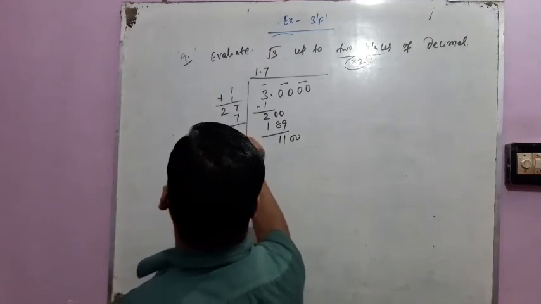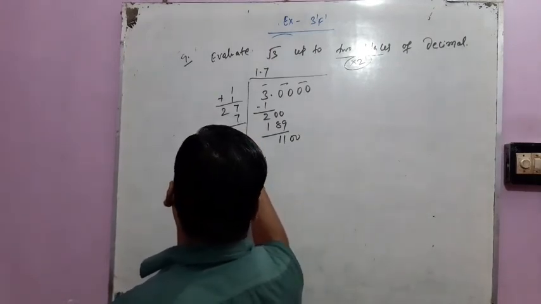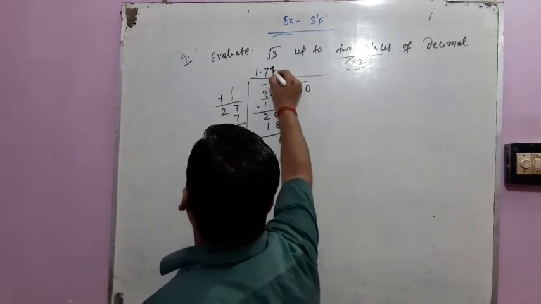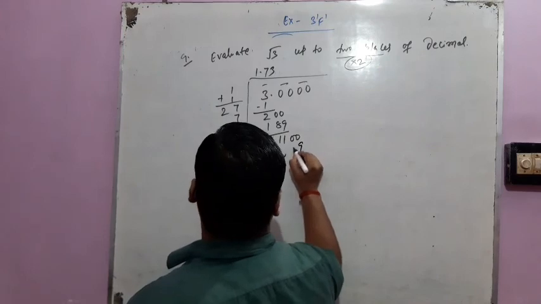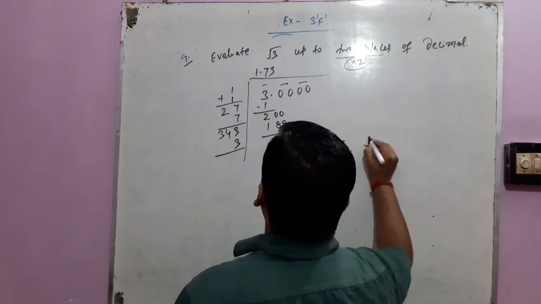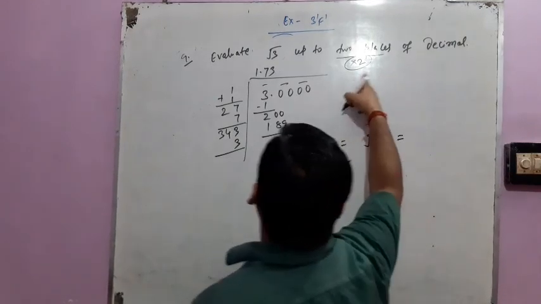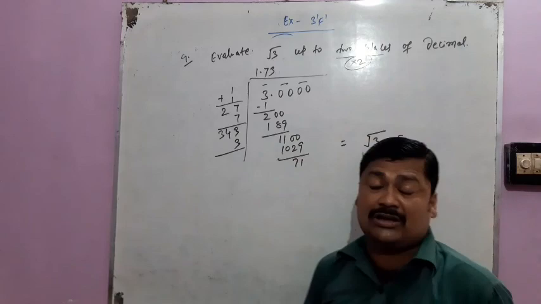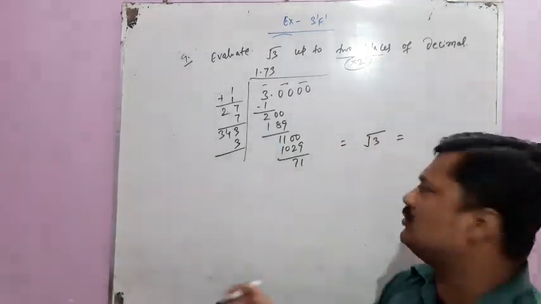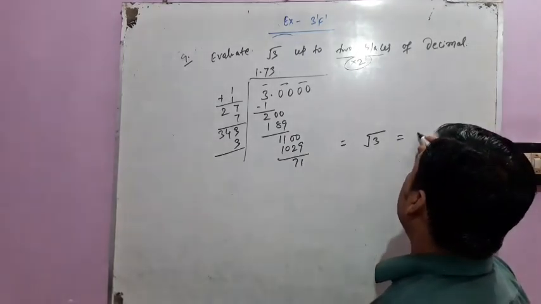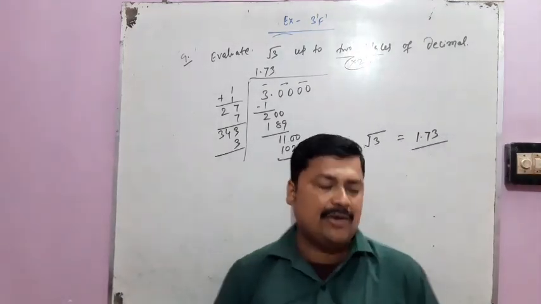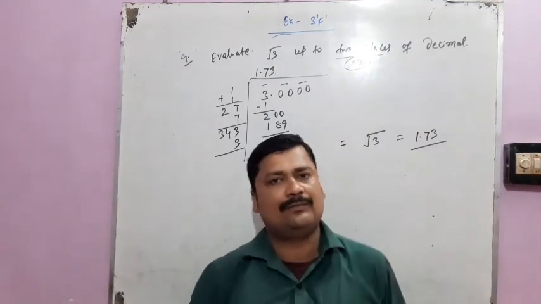Now by which number do we multiply here? Here we have to write a number and multiply with the same number to get the value nearest to 1100. Of course we are taking 3 here, and when we multiply, 3 times 3 is 9, 3 times 4 is 12, 3 times 9 is 27, and it is 1071. Okay. So the square root of 3, here we do not have to take 6 digits. When it is given in the question correct up to 2 places, when the word correct is given, then we have to mark 2 more zeros. So the value of the square root up to 2 places of decimal is 1.73. Okay student, in this way you have to solve the rest of the questions of this exercise 3F. Thank you students.